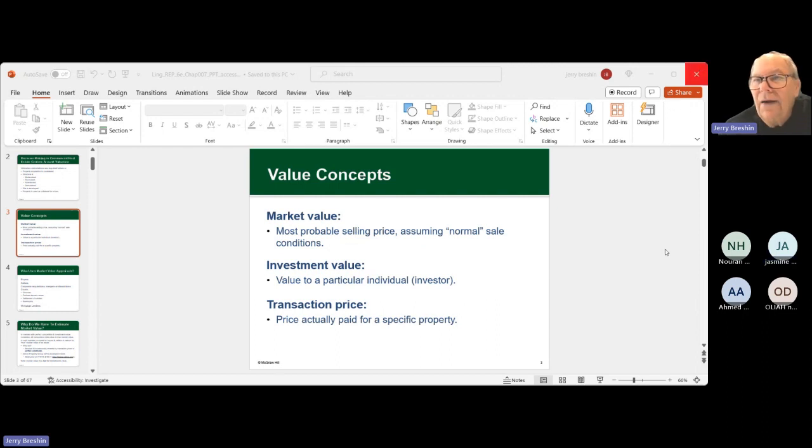Yes, I can hear you. Okay, do you see a PowerPoint and you see me talking? Which of those two is preferred? Yeah, I can see it. It's the value concepts. Okay, do you see me talking and in this slide? Yeah, I see you. Okay, then I'll leave them both.